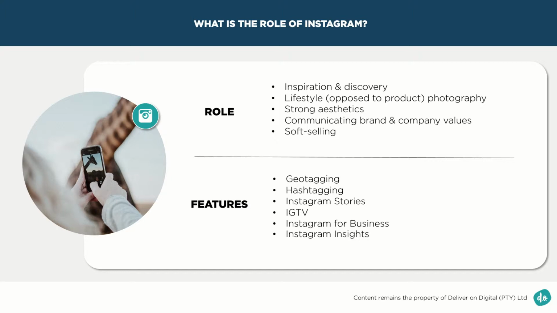In terms of its features, we know Instagram is great for geotagging, so that's adding a location to your photograph so that people can find it easily, hashtagging for exactly the same reason, so that people can find that content very simply when they search for it. Instagram stories, which of course are the disappearing ad format. IGTV, this was launched earlier this year, and this is essentially a brand new format which we haven't seen on any of the other social media platforms, which allows influencers and brands and actually anyone who has the inclination to create an IG channel to broadcast video.